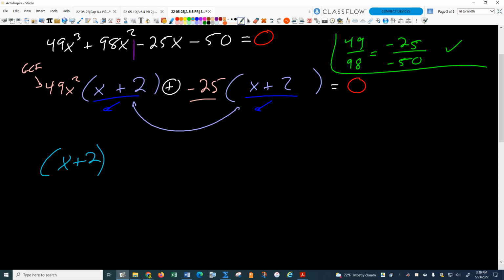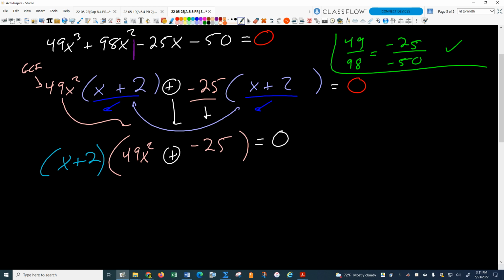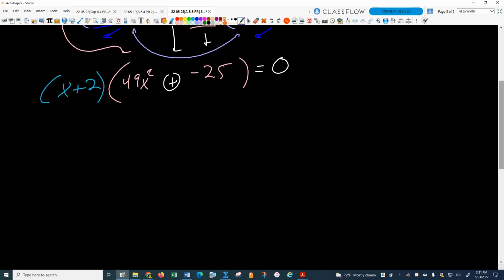And what's left behind then? 49x squared plus negative 25, right? And then if I just clean up that one a little bit, plus and negative is just minus, right? So we've got x plus 2 times 49x squared minus 25